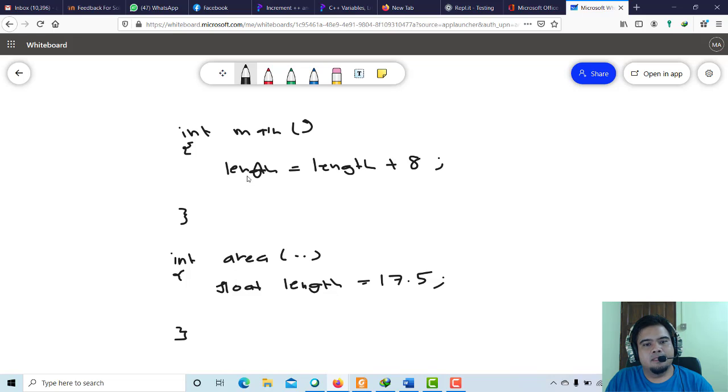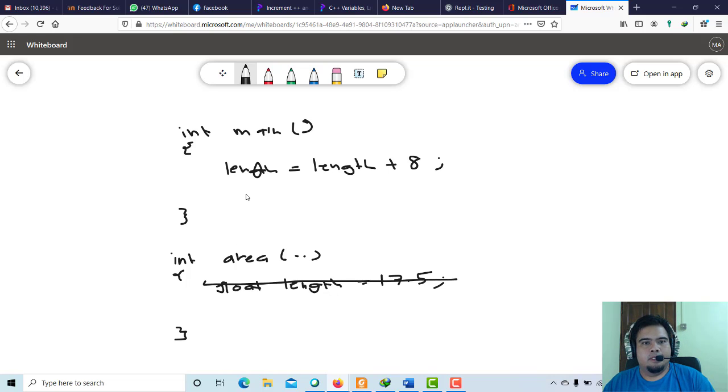So the main function cannot access this one. That is the difference between global and local. If you declare the variable locally inside the function called area, then the main function cannot access the local variable of this function